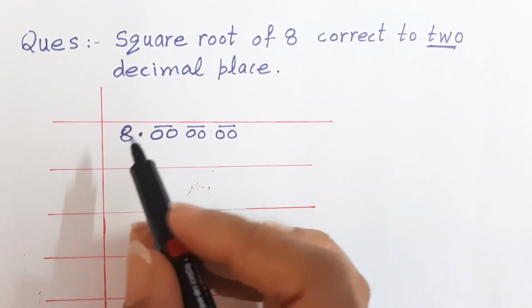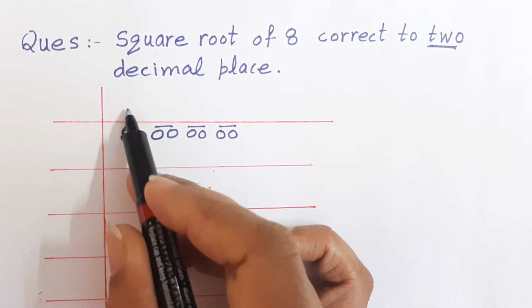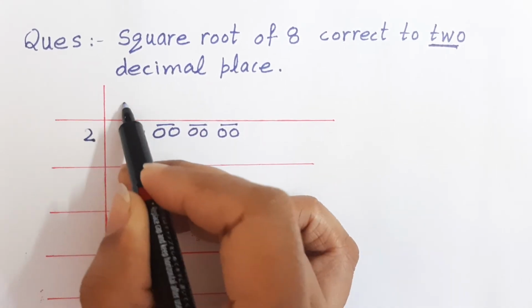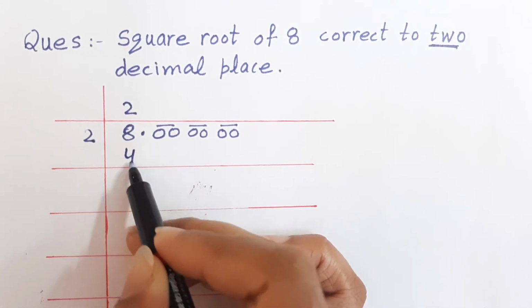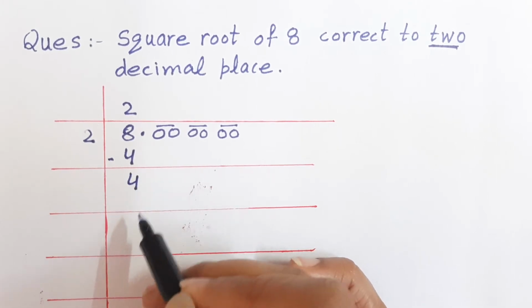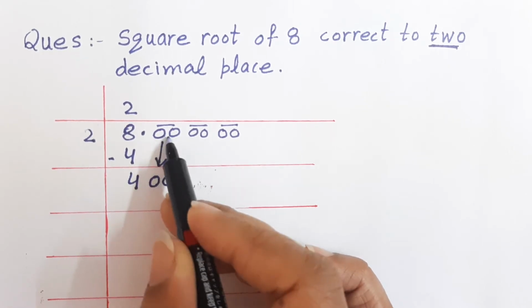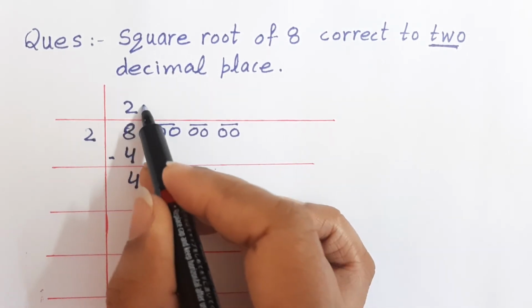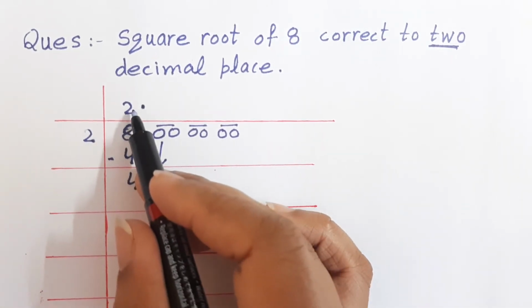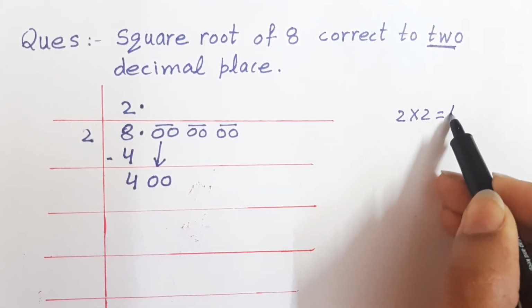Now students, we have to take a perfect square here, the same number twice. If I take 3 3s are 9, 9 will become big. So I'll go with 2 2s are 4. Now 8 minus 4 is again 4. Then I will take the next pair, and before this pair there was a decimal sign, so I'll put the decimal sign here. Now as per the rule, the quotient is 2 and the double of 2 is 2 multiplied by 2, that is 4.